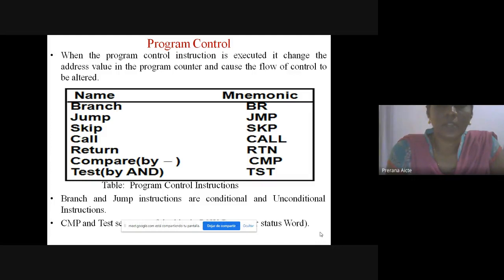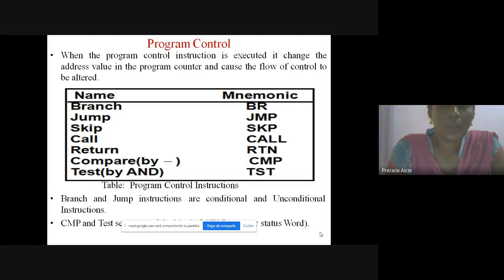Whenever program execution starts, the first instruction address is loaded into the program counter. The content of the PC is transferred to the memory address register. The memory address register sends a read signal to memory. The instruction is read out into the MDR. The content of the MDR is transferred to the instruction register. Now the instruction is ready to execute. So all the instructions are executed sequentially.